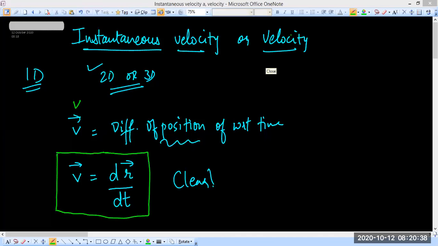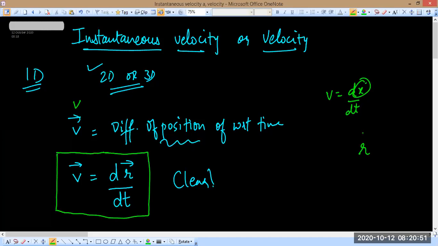No, Vedant, r is position, r is not displacement, r is position. See, just like we used to write v is equal to dx by dt, now instead of position x we are writing position r vector. So it's like this. I hope that is clear. So r vector is the position,